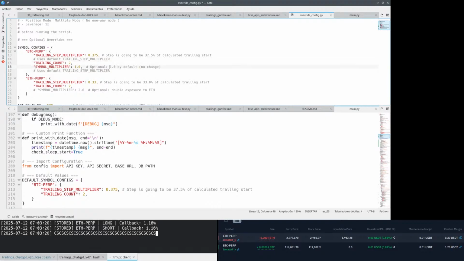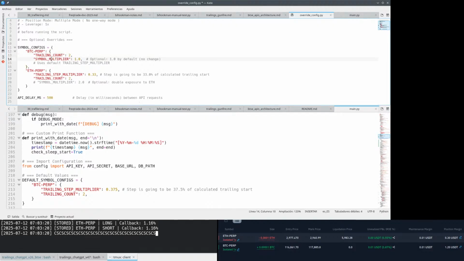So this could be done like this, and then the trailing step multiplier, we could set it here. So now you know that this one is